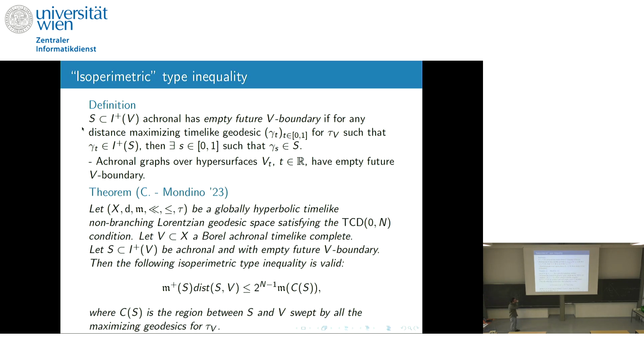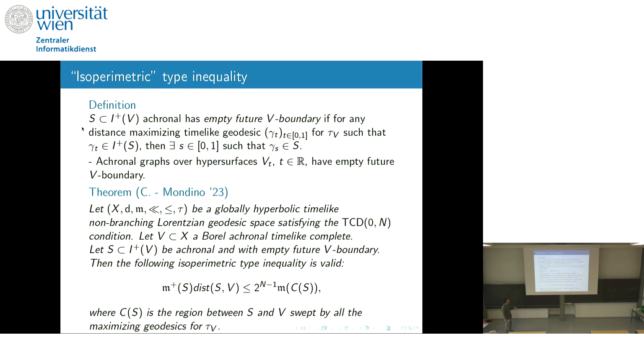Under this condition, we have obtained the following inequality. If you have a globally hyperbolic, timelike non-branching Lorentzian geodesic space satisfying the TCD0 condition, and you have this Borel achronal timelike complete subset V on which we are building our cone, now we take S to be an achronal set with empty future boundary in the future of V, then the following inequality holds true. The area of S times the distance between S and V